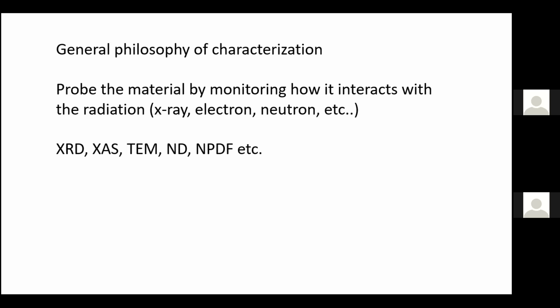In the case of XRD, we collect the intensity of the scattered X-rays. In X-ray absorption, it's the absorption coefficient we directly measure. Then, based on the fundamental physics, and especially the physical picture of how this interaction happened, we correlate the collected signal, either the intensity or the absorption coefficient, with some kind of physical property. And I think that's really the power and